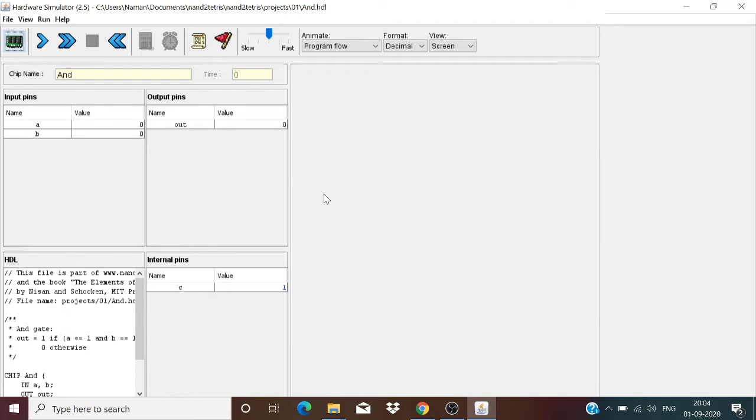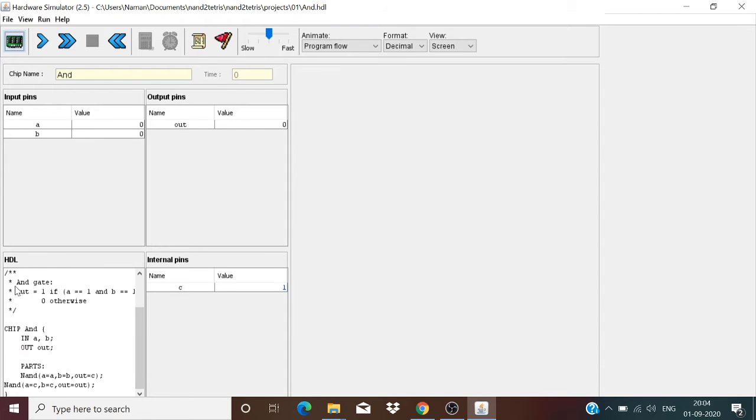Today I'm going to demonstrate the use of Nand2Tetris software, and to start with I have this AND chip loaded here, and here is the code. Input pins are A and B. Final output pin is out, as you can see here. Internal pins means the internal input pin or internal output pin, but they are not the overall input or